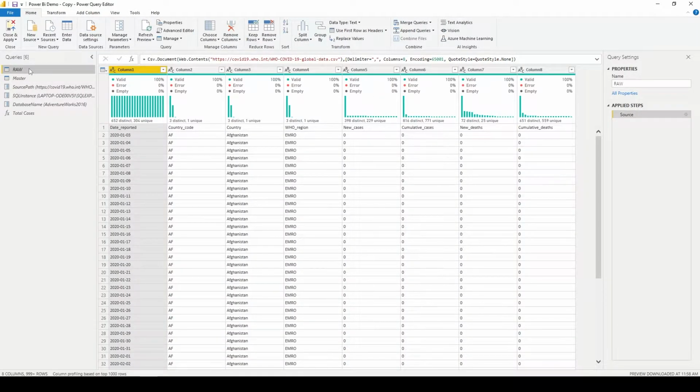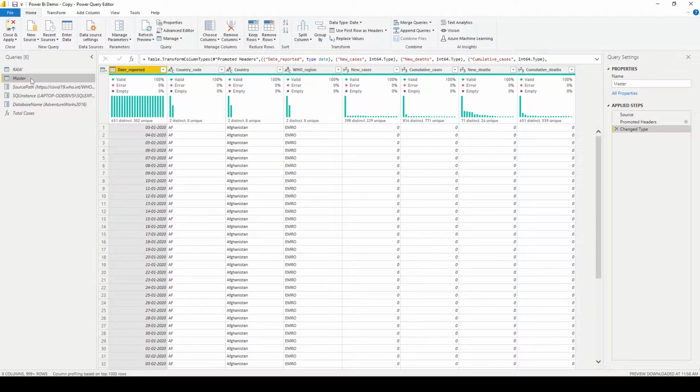directly from the source. Okay, so keeping this table, I have created another reference table master and did some initial modeling on it. So we won't be creating fact tables and all from this one, but we are just doing a common set of operations, like we'll promote the headers and change data types and all those stuff, top level stuff. Now coming down, I'm going to create another reference,